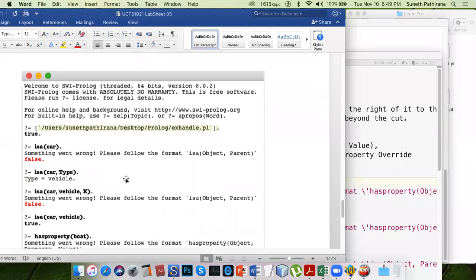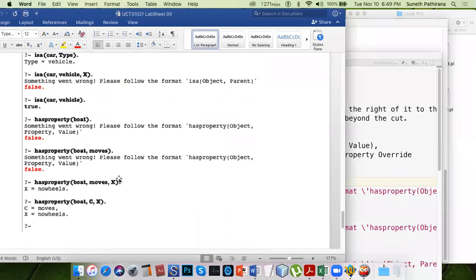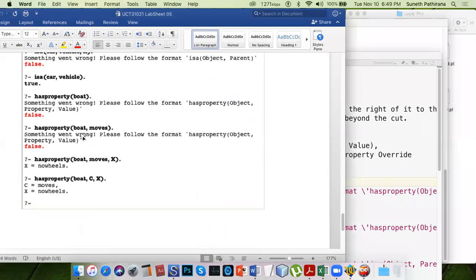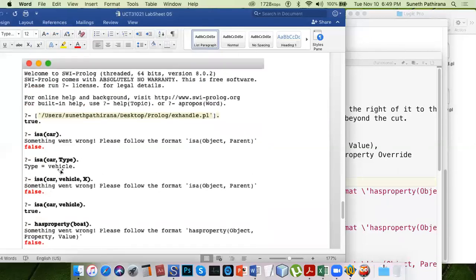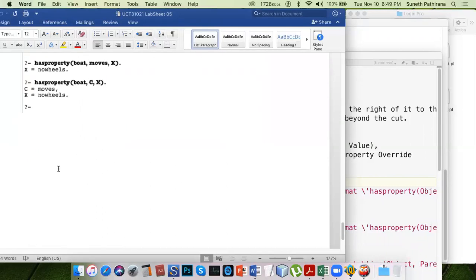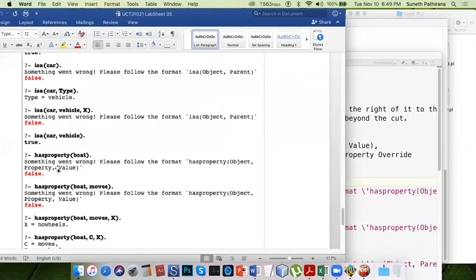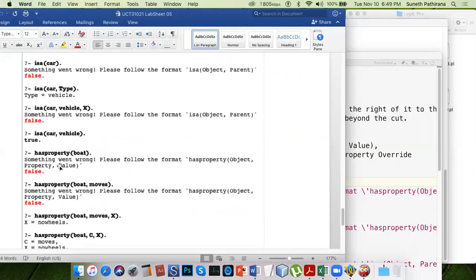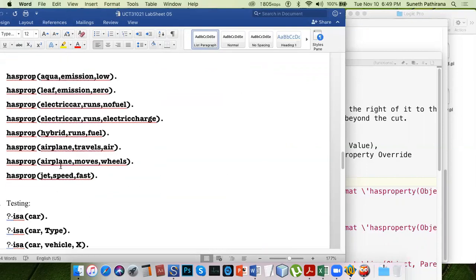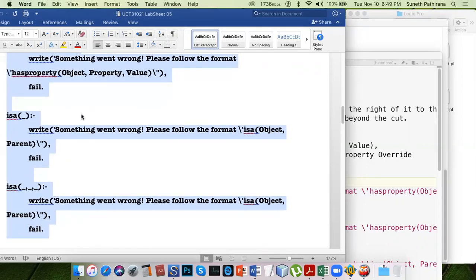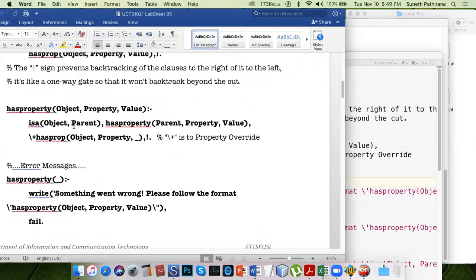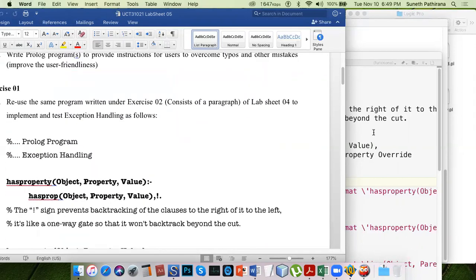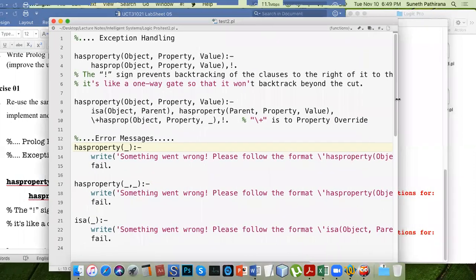So I have handled these, the output was like that. I think there's a typo or something, cannot detect that right at the moment. So this is the correct one. Something missing here, I think.